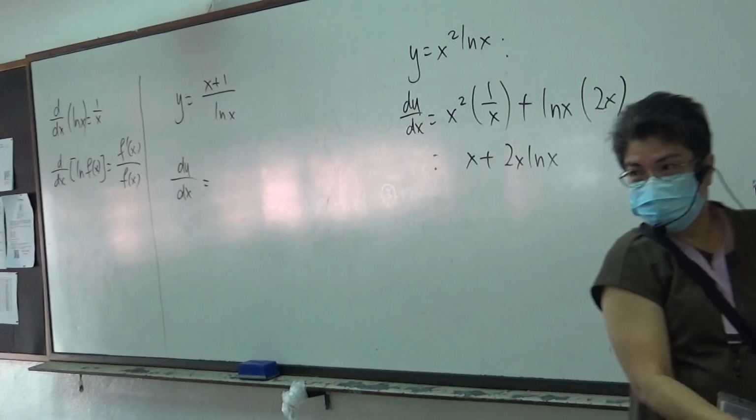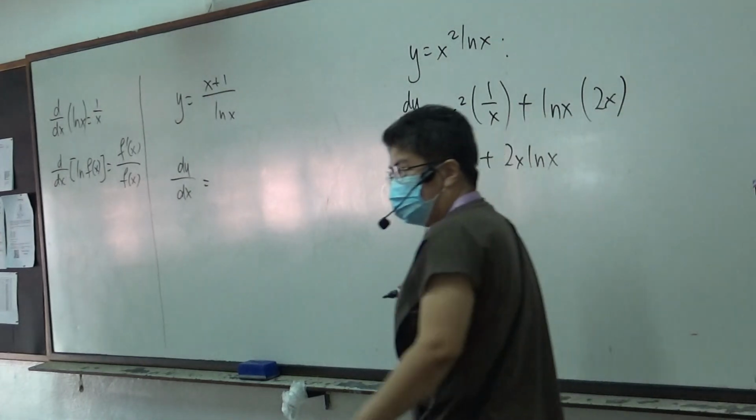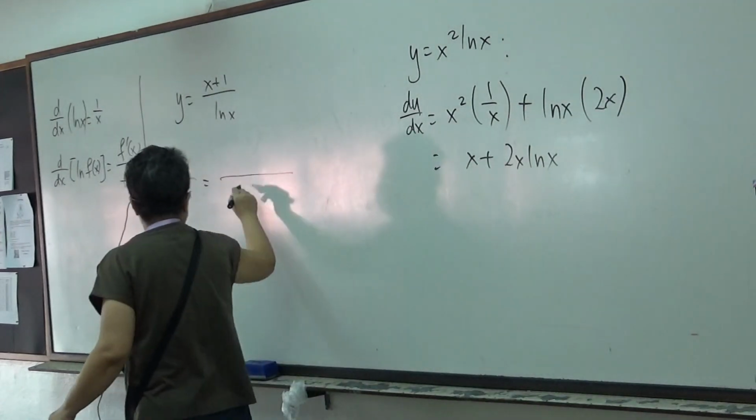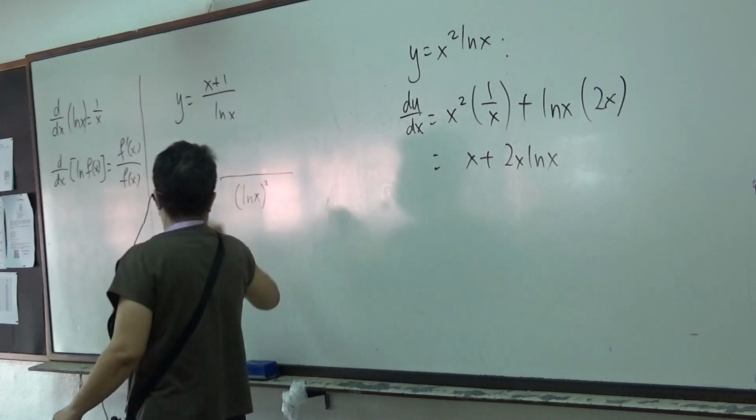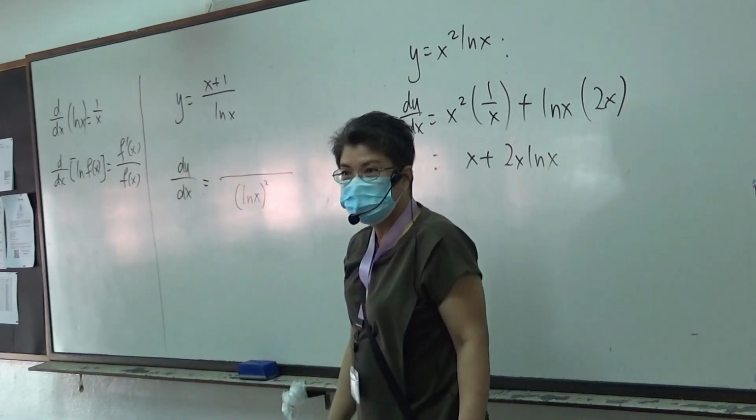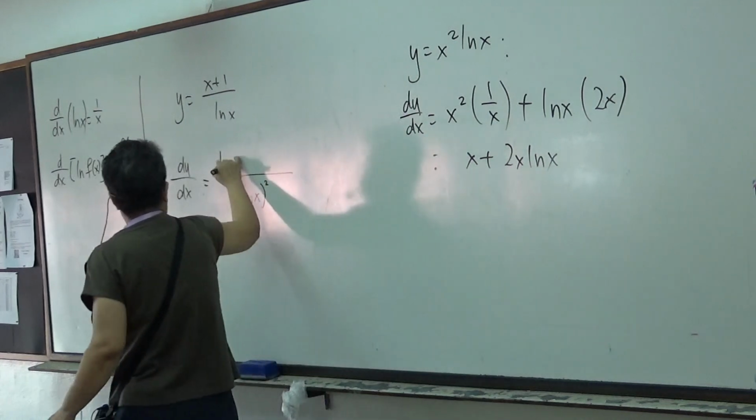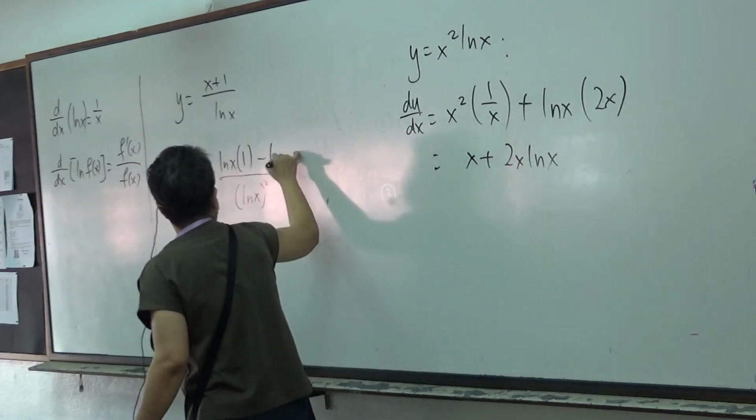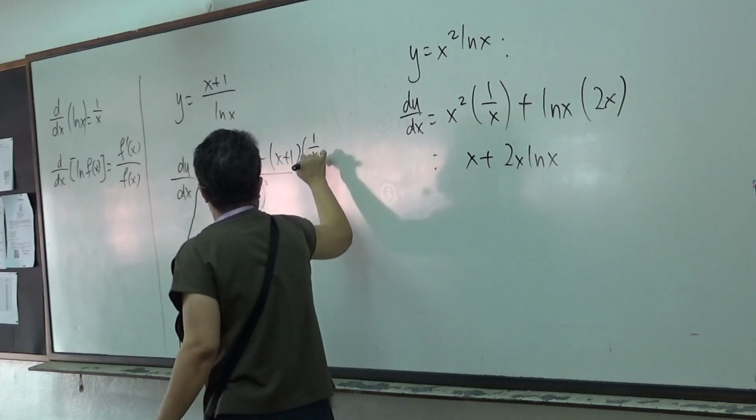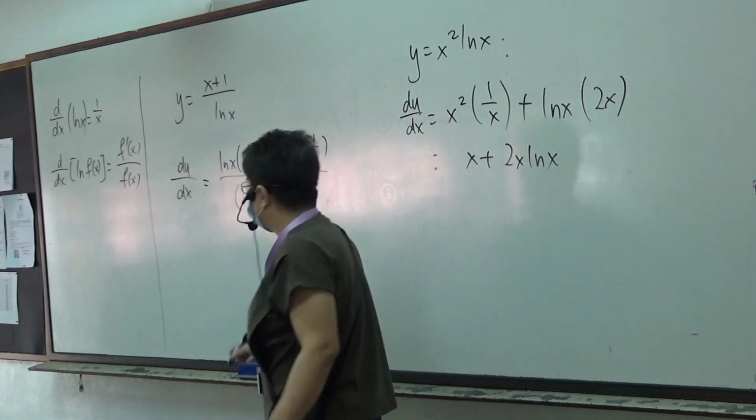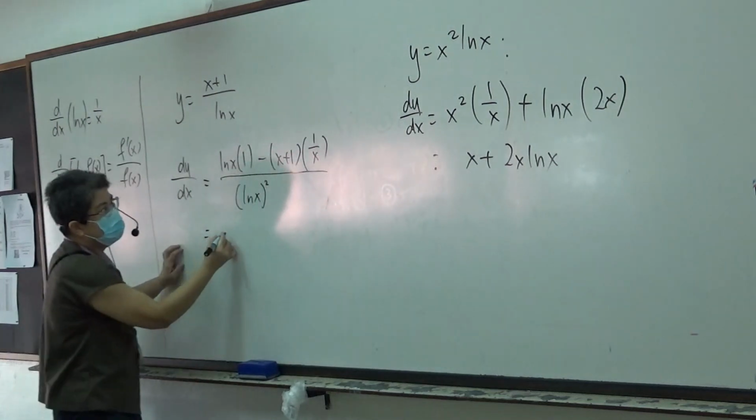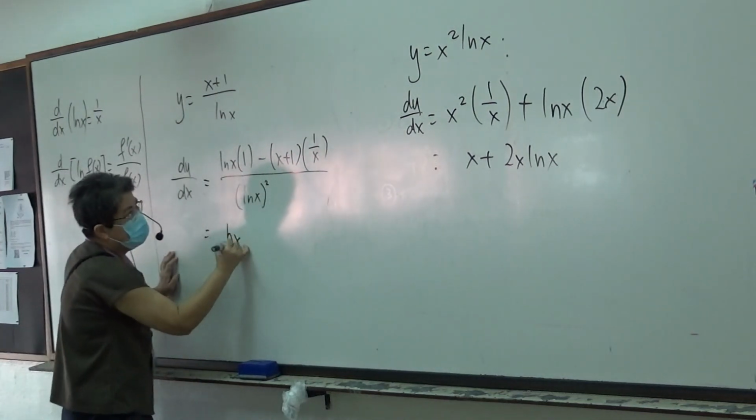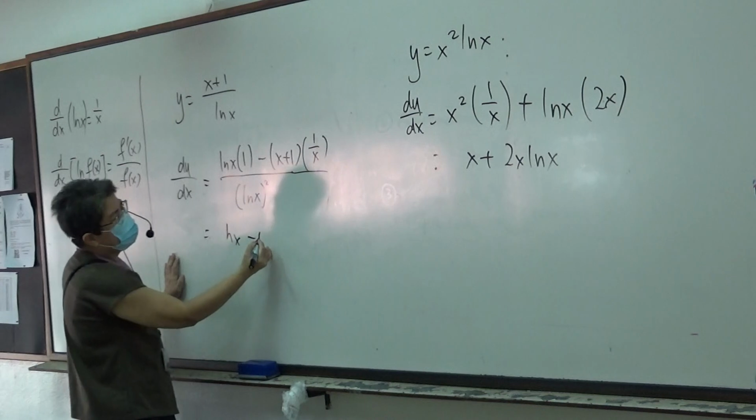I got to do the quotient rule. Square the bottom. Fix the bottom, differentiate the top, minus fix the top, differentiate the bottom. So I will get ln x minus 1